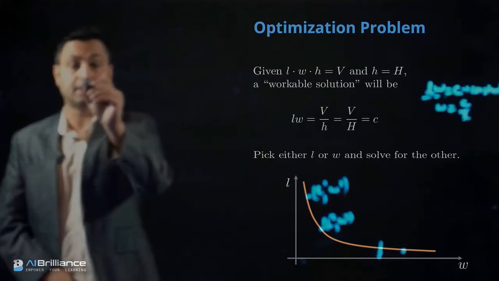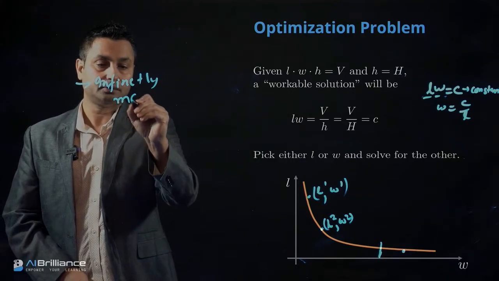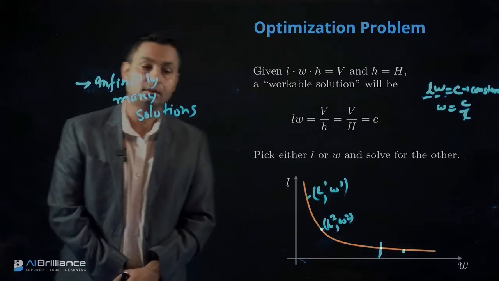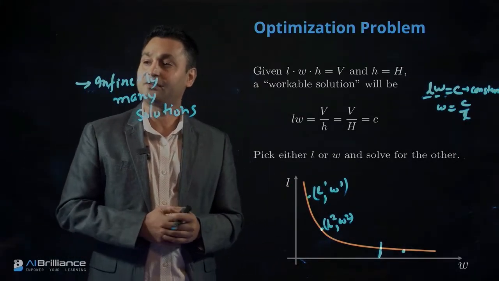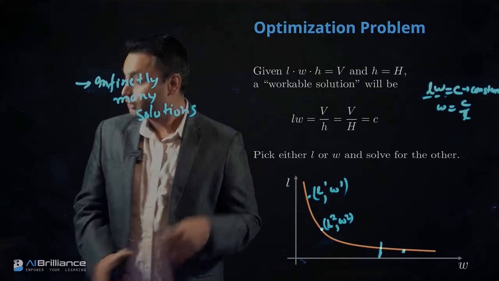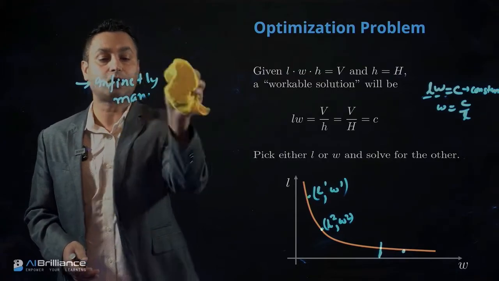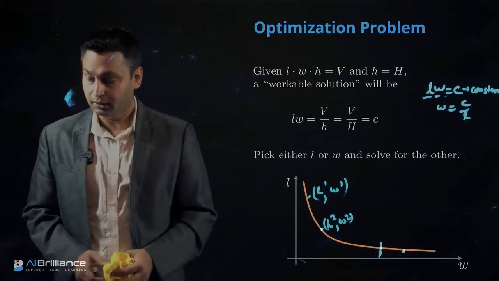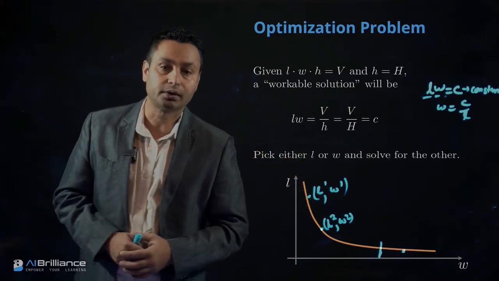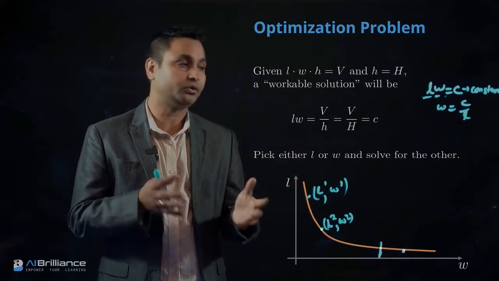So one thing that I want to note is that this equation has infinitely many solutions. Now the question is, does that help the carpenter? Just by writing this equation and knowing that you have infinitely many solutions, can you help the carpenter? It turns out you can give this equation and it won't help, because the carpenter is interested in finding a solution that is useful to him. With the current set of equations, we are in a situation where there are infinitely many solutions, and that's not going to help the carpenter.